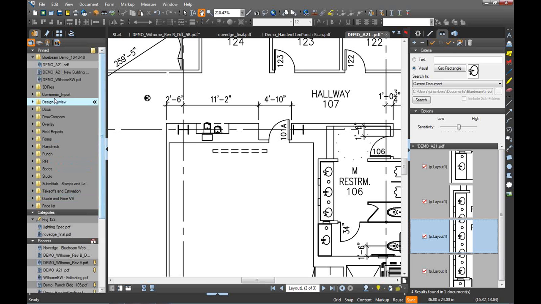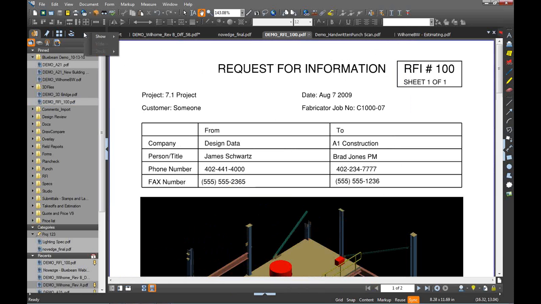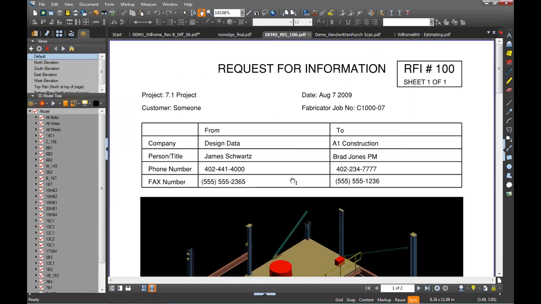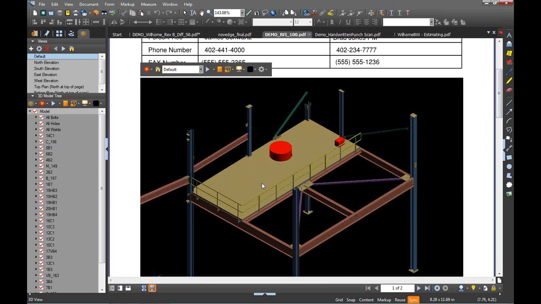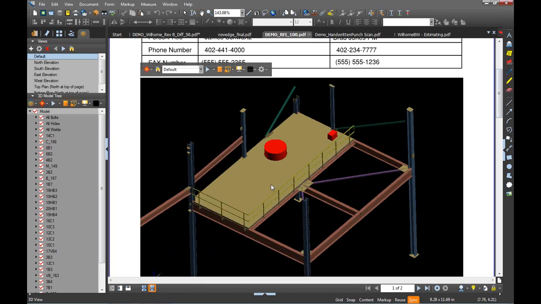Let me go up here. Let me grab one. This happens to be an RFI file that somebody had put together. So I'll go ahead and open that up, and I'll right-click and show my 3D model tree here. This was an RFI that somebody had put on here. This is a 3D file. They had embedded it within the PDF file. I think what they've done is extracted a U3D file from whatever it happened to be and placed it into